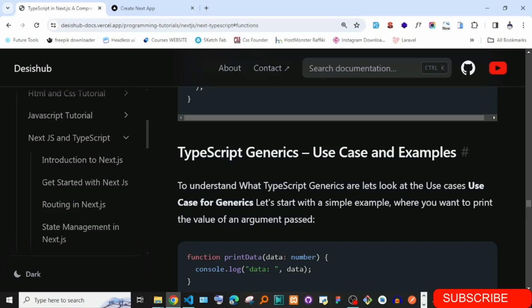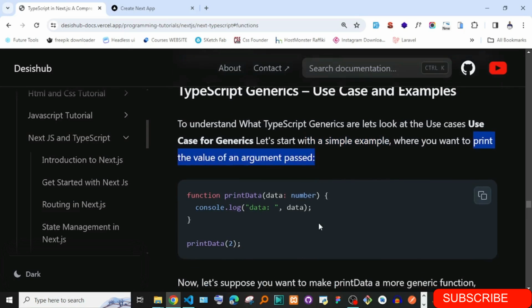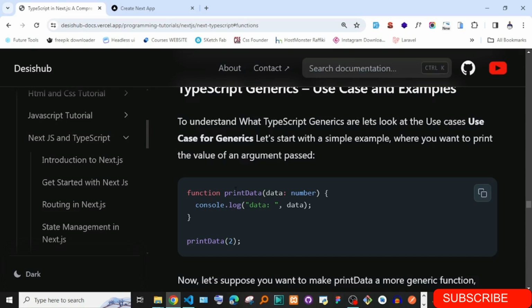Use cases and examples to understand what TypeScript generics are. Let's look at the use cases. Let's start with a simple example where you want to print the value of an argument passed. So let's say you have a function called print data. We take in data of type number, and we have console.log data, just as simple as this.